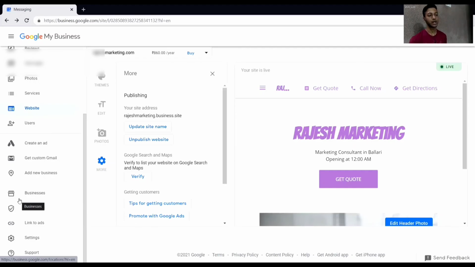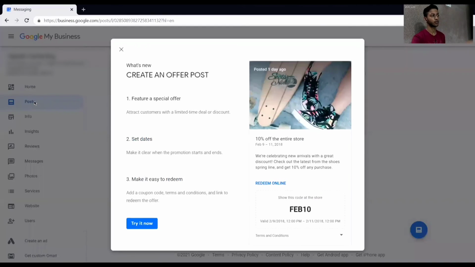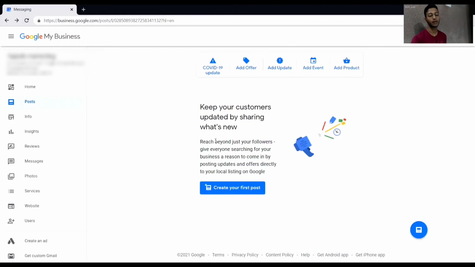And whichever reviews or messages you are getting, you have to reply to them so that your ranking gets increased. You also have to post regularly and consistently. Whatever you are posting on social media, you can post here also. And you can give a call to action to visit our website, to call us or something.